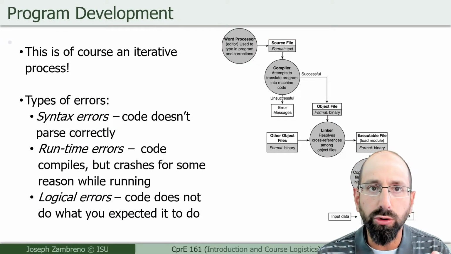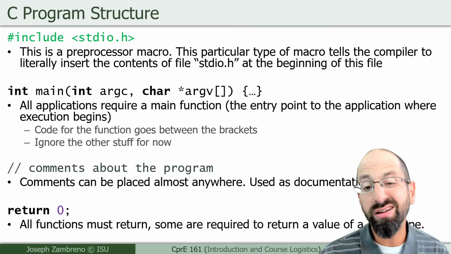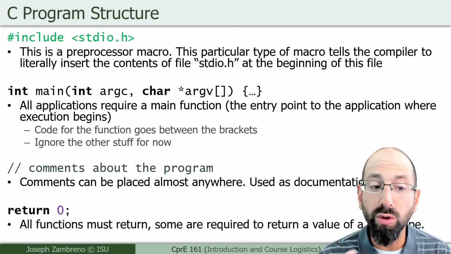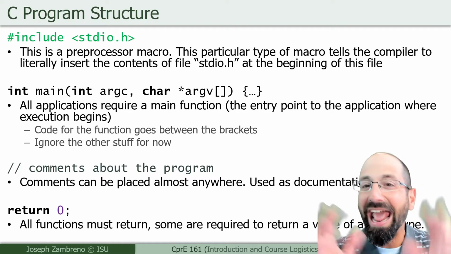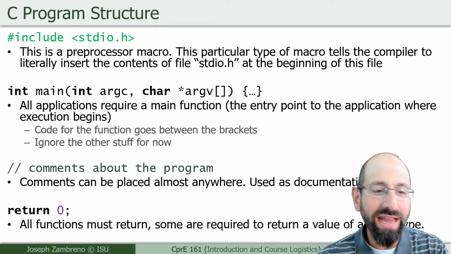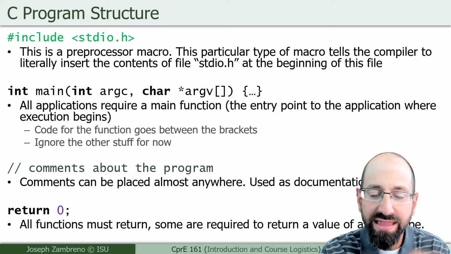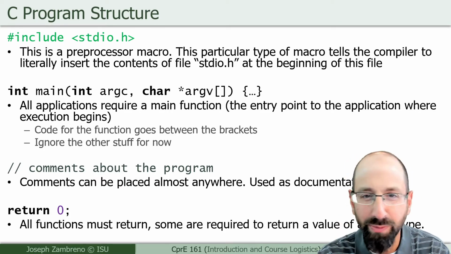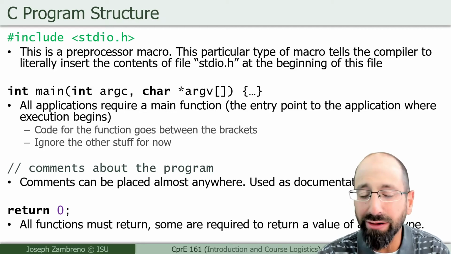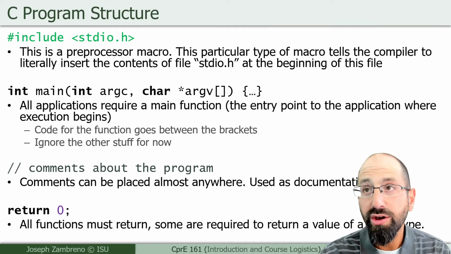Let's talk about the actual program structure itself for our very first program. The very first line we had there, and it'll likely be the very first line of most of our programs, is that pound symbol, number symbol, whatever you want to call it, hashtag, include, and then this listing of a file called standardIO.h. Anything with that pound symbol and include is an example of what's known as a preprocessor macro. That's a pretty ugly sounding term for something that's telling the compiler to do something. In this case, literally telling the compiler,